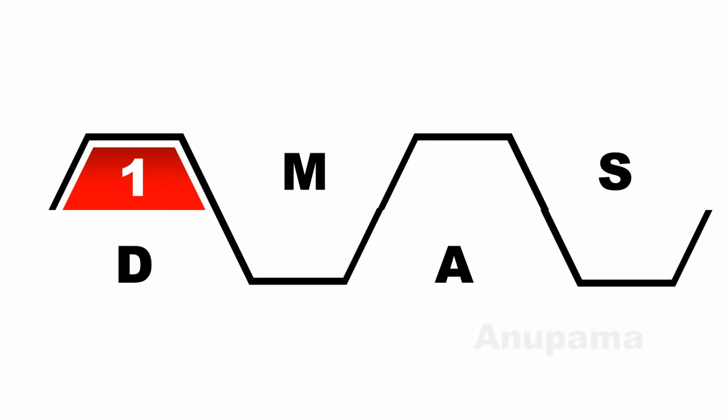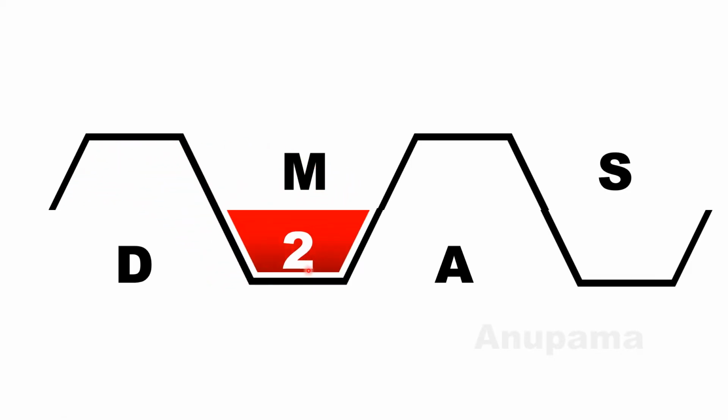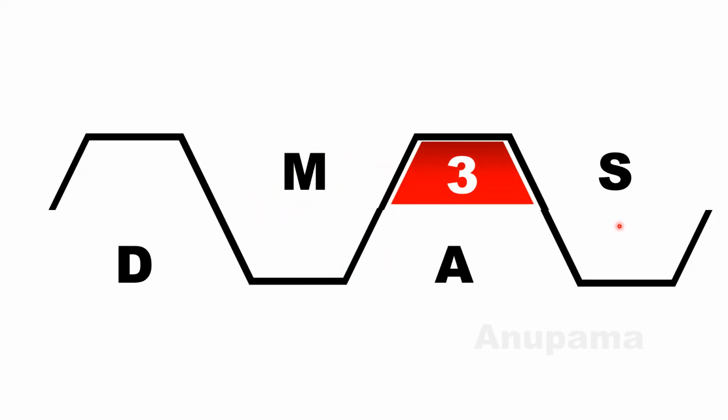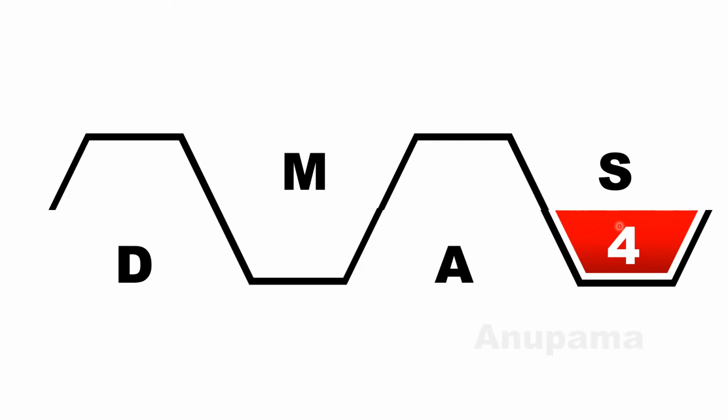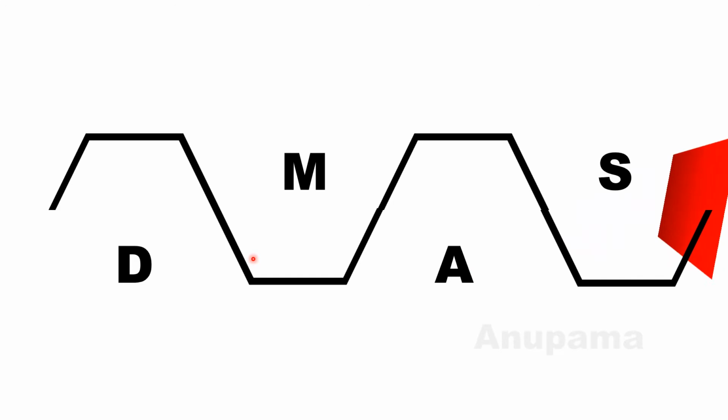DMAS says that at first when there are 4 operations exist in any question, we used to do division first. Then second stage we used to do multiplication, and in third step we used to do addition. At last we used to do subtraction. So it is the sequence which DMAS rule gives us. So always focus on DMAS when you solve any question which exists more than one operation.